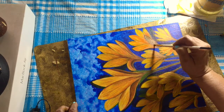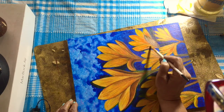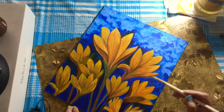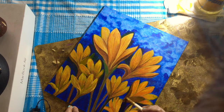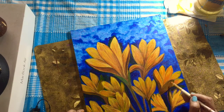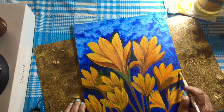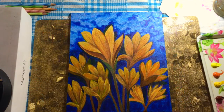I've mixed up the phthalo blue with the yellow, and then burnt umber and phthalo blue, and then pick up some of the yellow medium, some burnt umber, some of the yellow medium, stroke that in. Alright, mixing my cad yellow with a little bit of white, yellow deep,